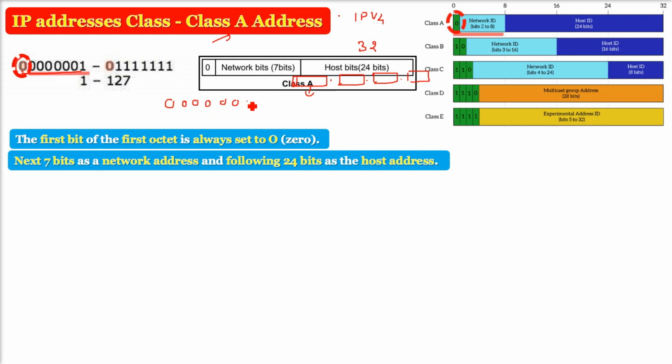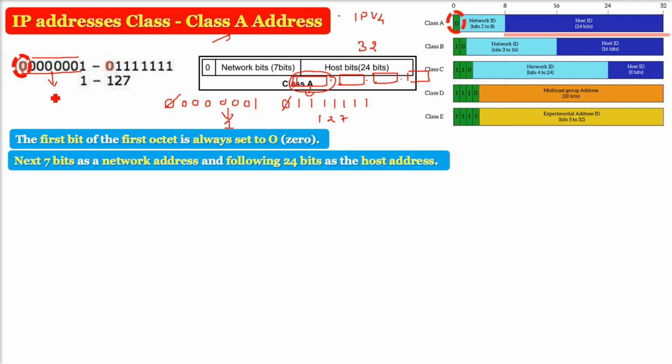For example, the first number will be 00000001 because 0 is fixed. What is the decimal value of this? 1. What is the highest? 0 is fixed, so the highest can be all ones. What is the decimal value of this bit formation? 127. So in IPv4, the first number, the decimal dotted number, if it is between 1 to 127,